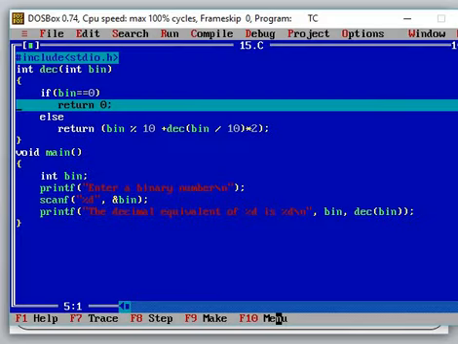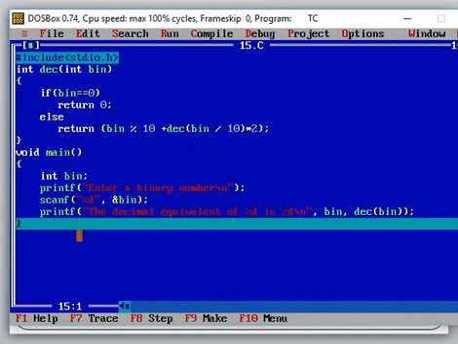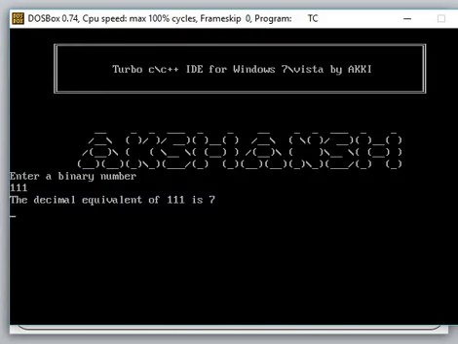So now let me press F7. When I press F7, you can observe it will ask me to press 4 times. First time F7, it computed the first expression. Second time F7, it is computed. Third time F7, it is computed. Fourth time F7, it is computed. When I press the fifth time, it will jump from that line directly to the printf. So you can see that the value is printed and it went to the last line of the function main. If you see the answer by pressing Alt F5, the answer is displayed clearly on the screen. It is the decimal equivalent of 111, which is 7.